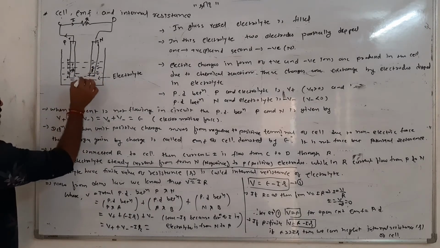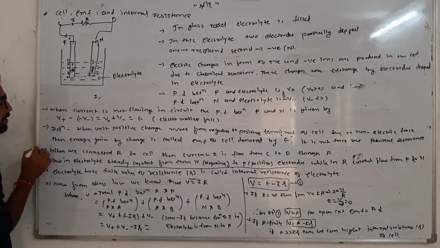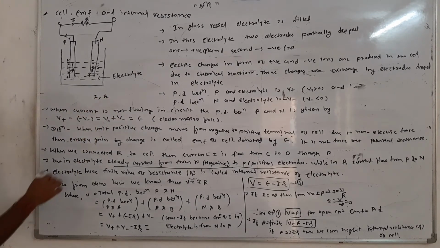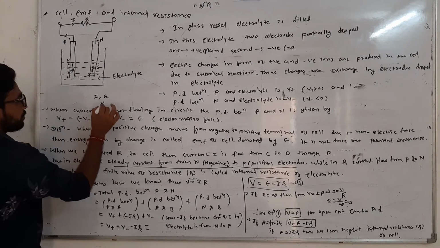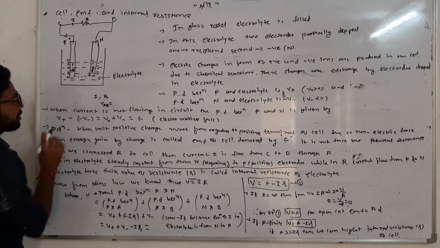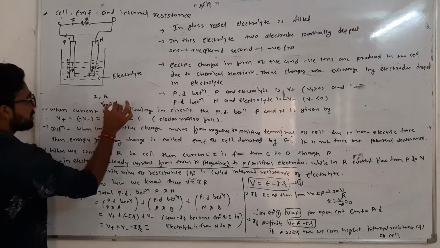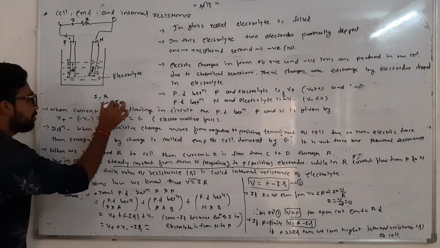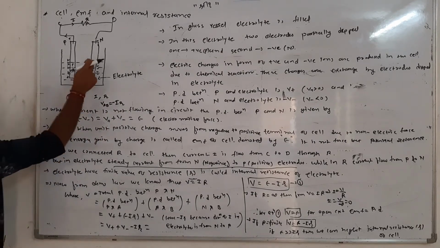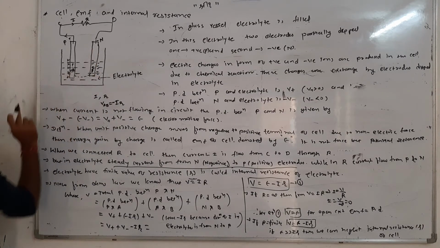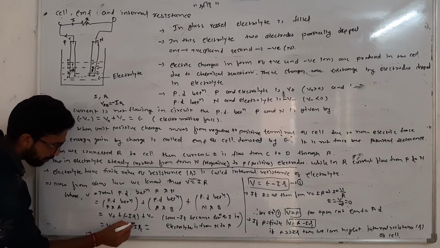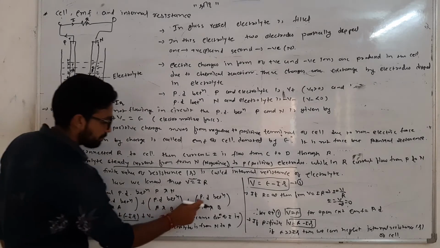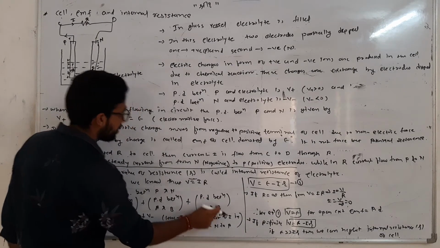So here the current passing through the electrolyte is I, and the internal resistance of that electrolyte is r. By Ohm's law, the potential difference between points A and B, which is inside the electrolyte, is given by I r. But here this value is negative because the direction of electric current is from the negative electrode to the positive. Because of that, here we have a negative value, minus I r. And third, plus the potential difference between the negative electrode and B.